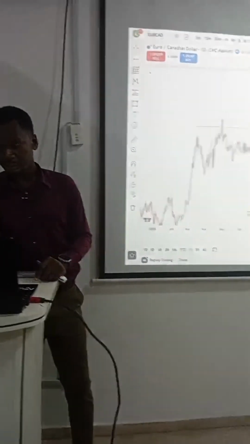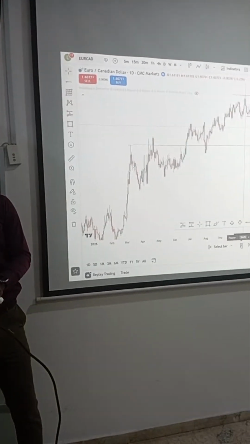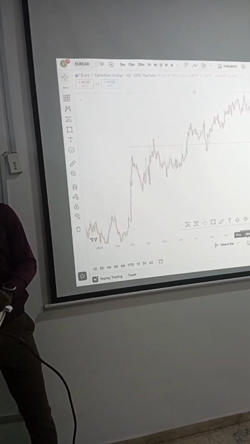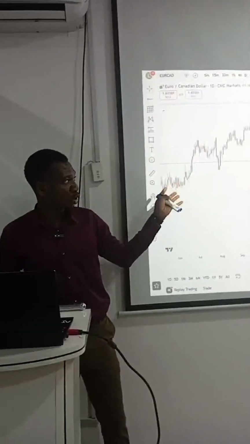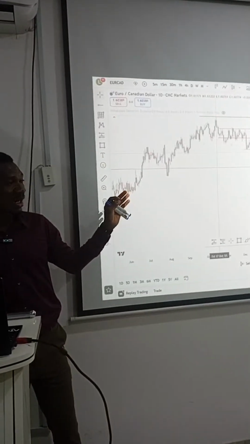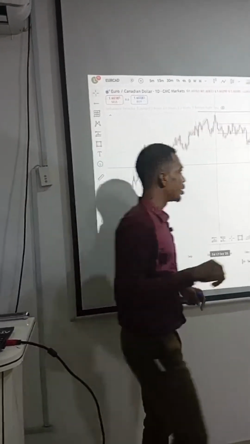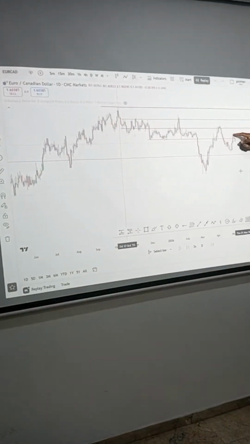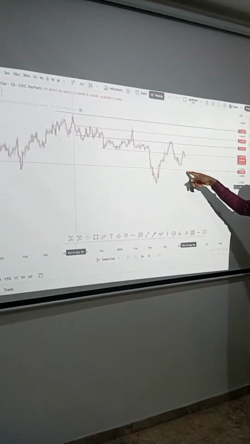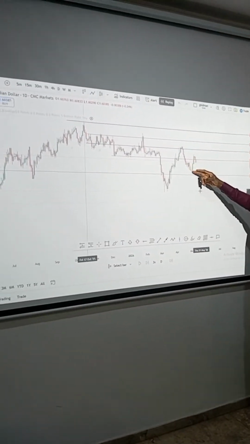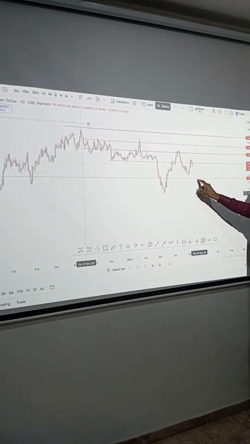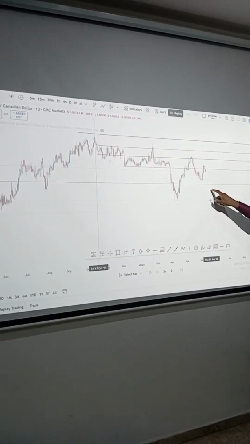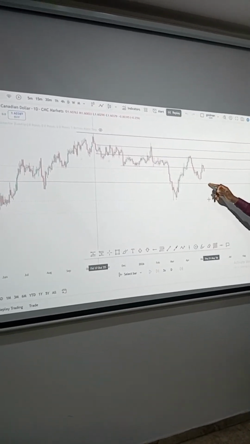So somebody that is on a buy trade previously, let's say it did not test that level, maybe it did not get to that level. It went back to this level right here. And then you can already see the behavior that the market is trying so hard to come back to this level. It didn't get to this level, it came back here, but you can already see that it is coming back here. So as it stands now, where are we looking at? It will definitely get here